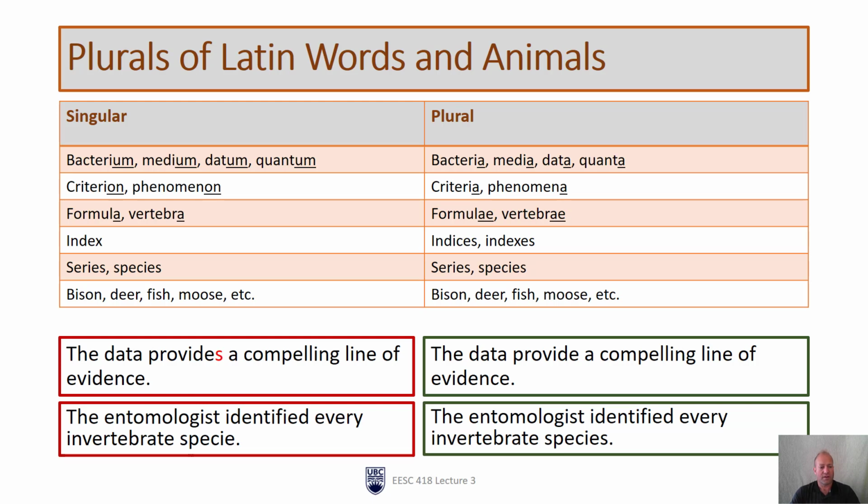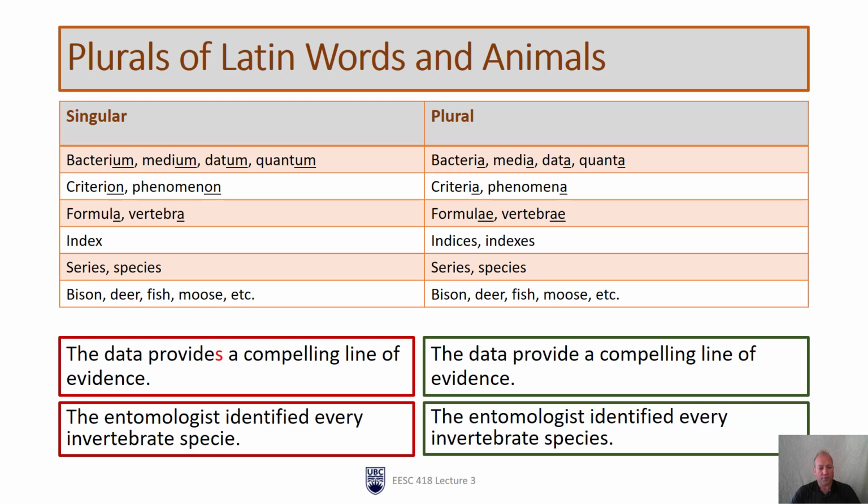And the next category, formula, vertebra, formulae, vertebrae. Although we often pronounce that as vertebrae, the technical Latin pronunciation is vertebrae. Anyway, you won't be marked on pronunciation, but you do need to know the spelling. The next category is words that have multiple types of plurals, and these are also words that come from Latin, but we've anglicized the plural word. So index can be written as indices or indexes when they're plural. The word forum falls into that category as well. You might see forum written as fora or forums pluralized, and both of those are correct.